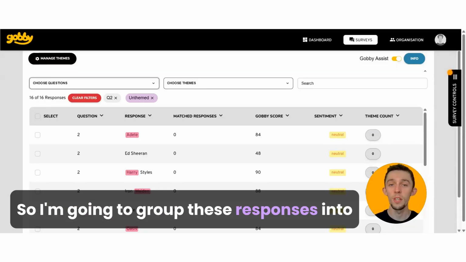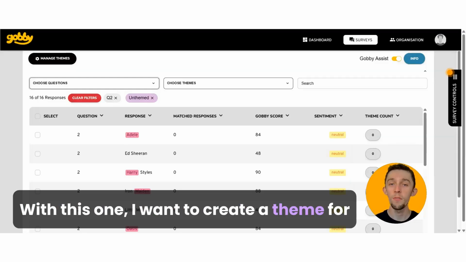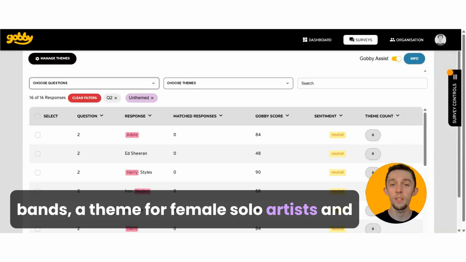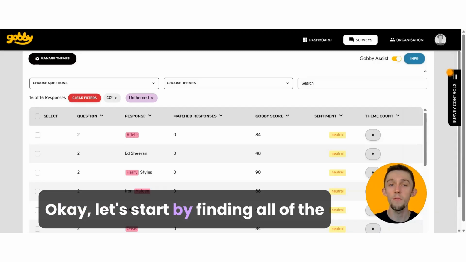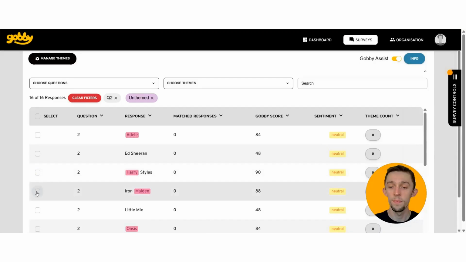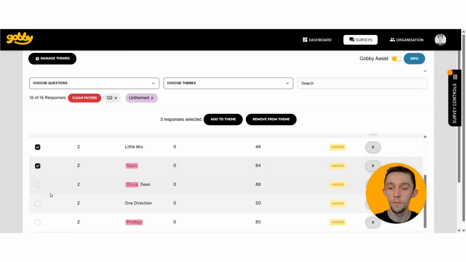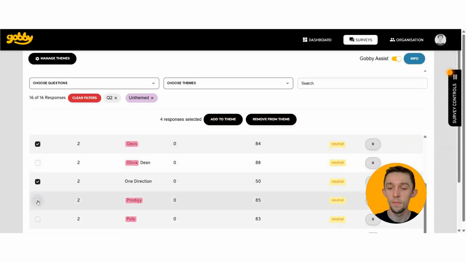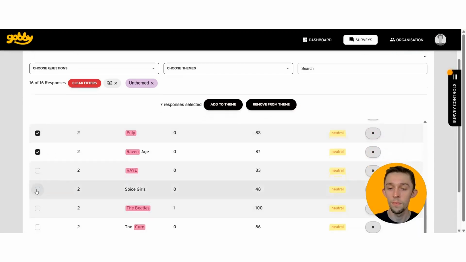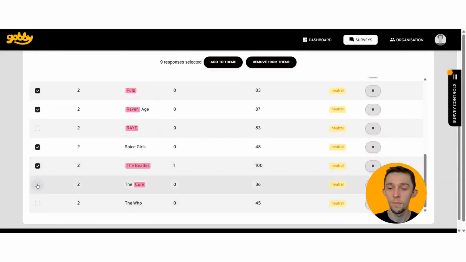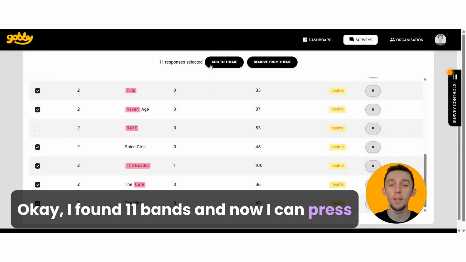So I'm going to group these responses into themes now. With this one, I want to create a theme for bands, a theme for female solo artists, and a theme for male solo artists. Okay, let's start by finding all of the bands. Okay, I found 11 bands, and now I can press Add to Theme